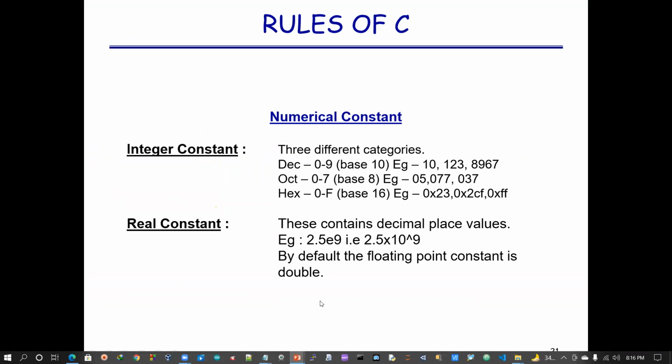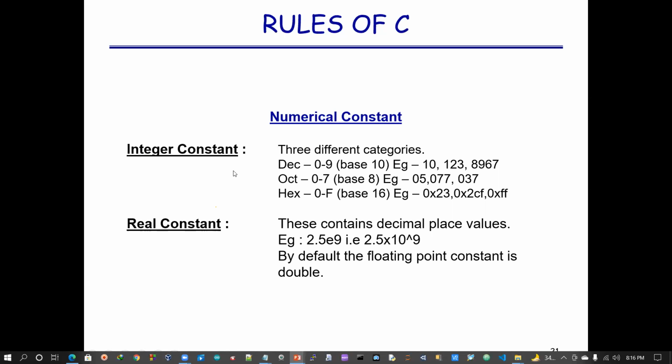So it is done. Now, again, in the numerical constant, we have two varieties, integer constant and real constant. Integer constant doesn't have a decimal point. In the integer constant, we don't have any fractional part. But in the real constant, we have the fractional part. Already you know this. Some data have a fractional part, some do not. Not having a fractional part is called pure integer constant, and having the fractional portion comes under real constant. So this is the example.